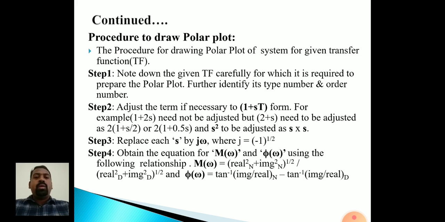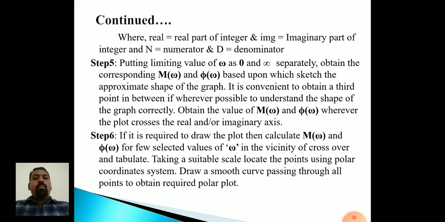Okay, this is step number 4. Here, real is the real part and imaginary is the imaginary part of the transfer function, and n indicates the numerator and d indicates the denominator. That is step 4. Coming to step 5, putting the limiting values of omega as 0 and infinity,